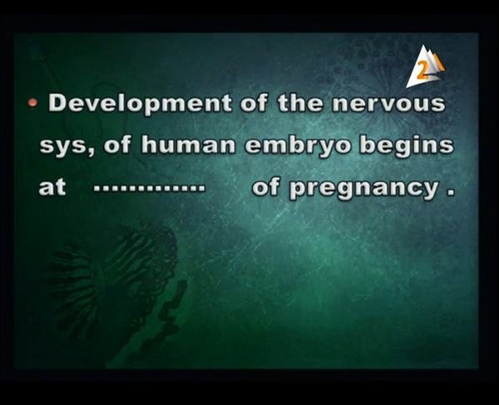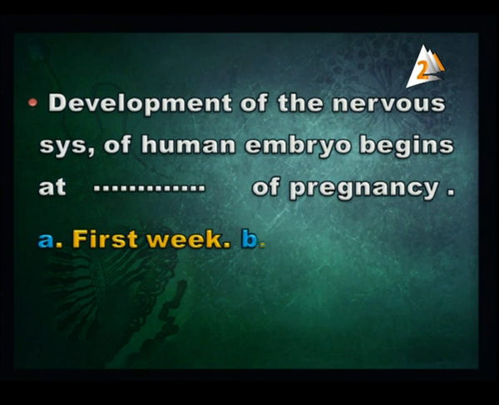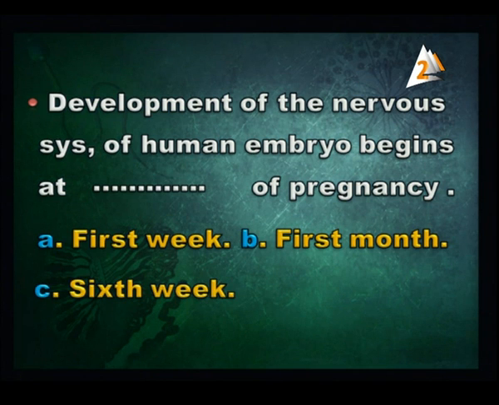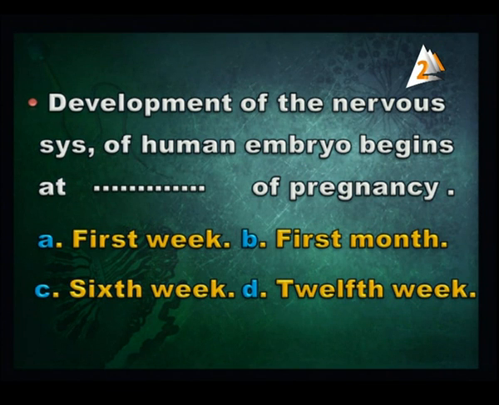Development of the nervous system of human embryo begins at space of pregnancy. Once again, development of the nervous system of the human embryo begins at space of pregnancy. First week, first month, 6th week, or 12th week. Of course, the answer is: development of the nervous system of human embryo begins at first month